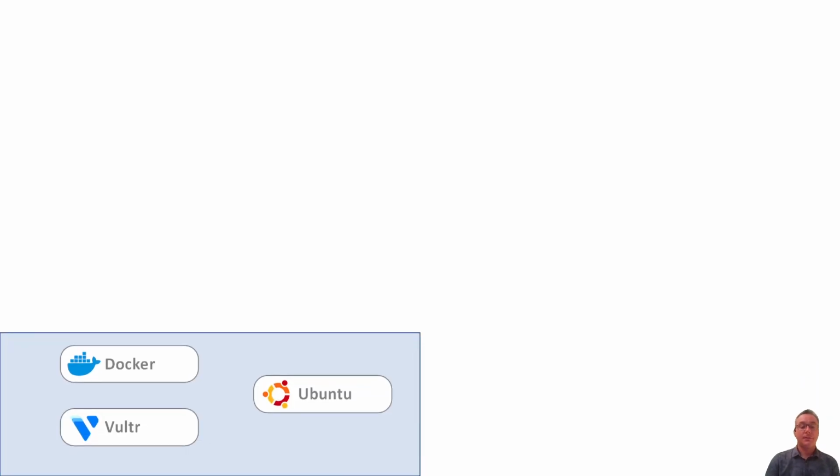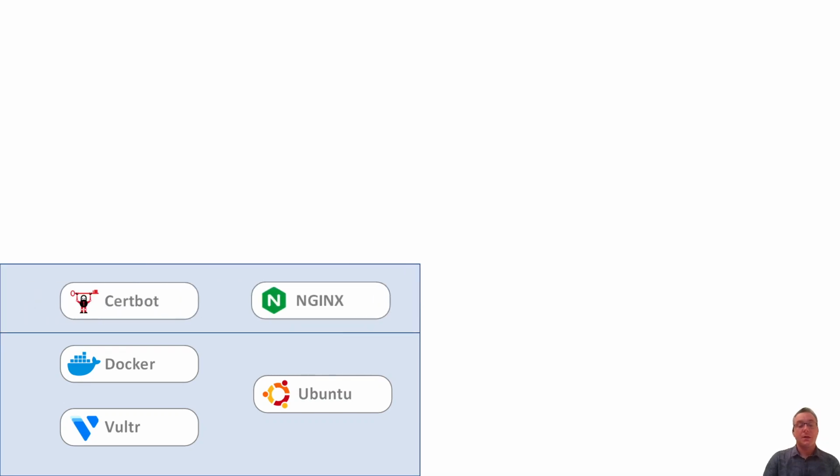Let's now see how this is supported in terms of IT stack. At the level of infrastructure, at the lowest level, a Vultr Cloud Server is used to host the whole sandbox implementation. The operating system is Ubuntu. Docker and Docker Compose are used to deploy and run application components. Regarding network aspects, Certbot is used to create certificates used to connect applications securely over the web. Nginx instance directs incoming web traffic to the different applications.